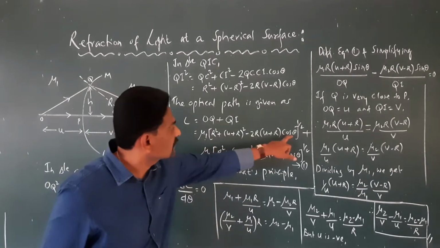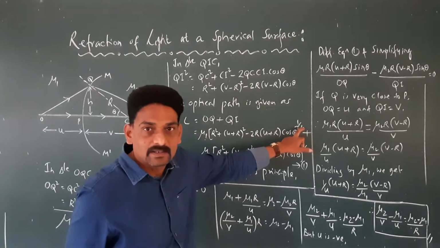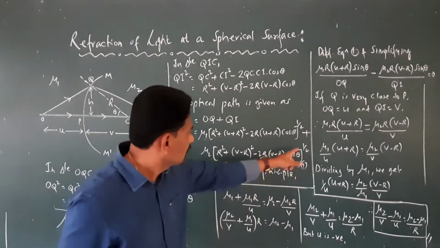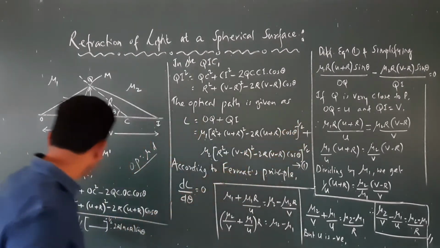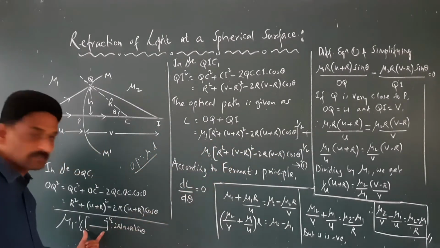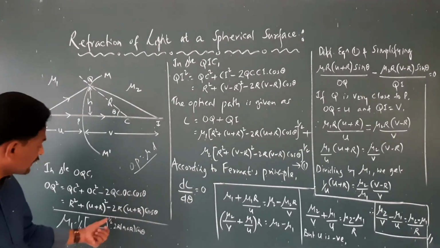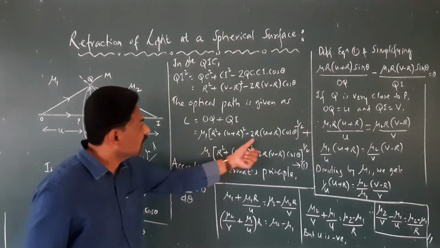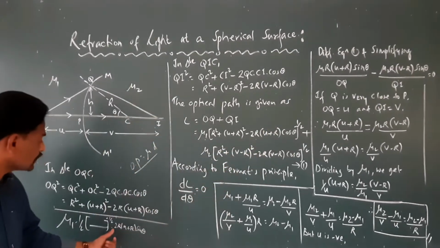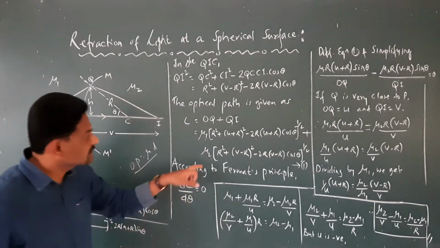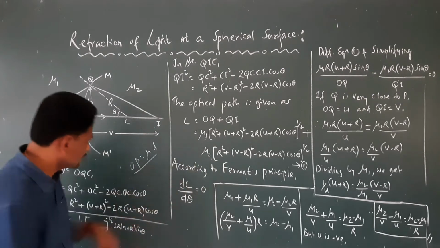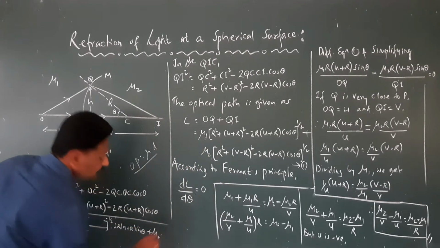So this is taken as x, this is taken as n. So d by dx of x raised to n is n x raised to n minus 1, right? So differentiation of this is going to be 1 by 2, mu1 as it is, this term as it is, raised to 1 by 2 minus 1, which is minus 1 by 2, and then differentiation of this term is going to be minus sin theta, minus and minus going to be plus. So we are going to get u plus r sin theta. Then for the second term, the same rule, that is keep mu2 as it is.